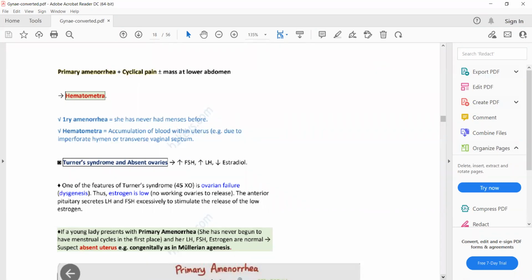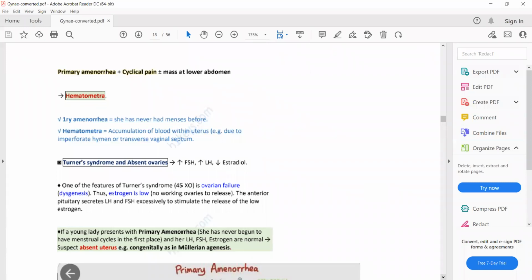So a female with primary amenorrhea and lab investigation shows increased FSH and LH and decreased estradiol, then we will suspect Turner syndrome. What are the other features of Turner syndrome? The other features will be